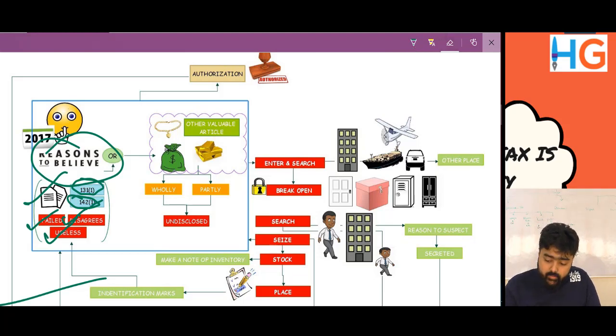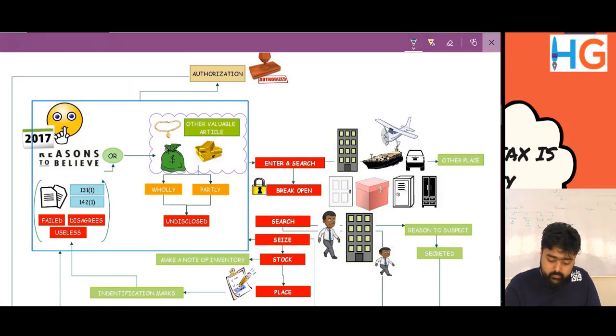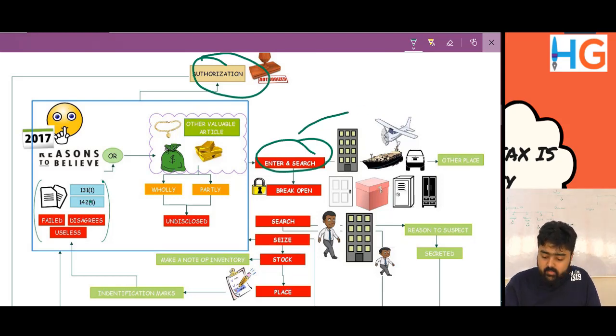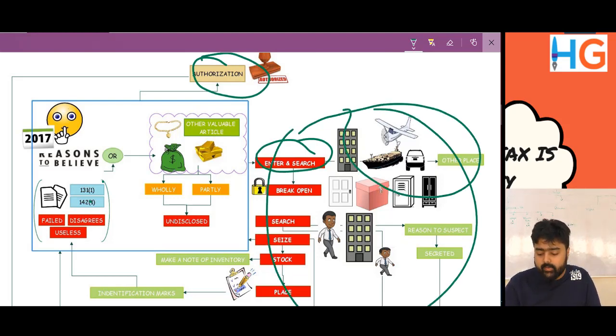I'm repeating: when the information provided is useless, or not provided at all, or the assessee disagrees to provide it, then the authority will, after authorization, enter and search, and then conduct the